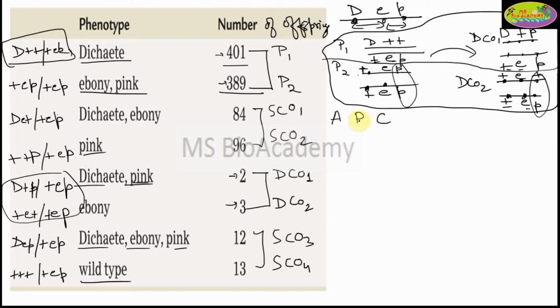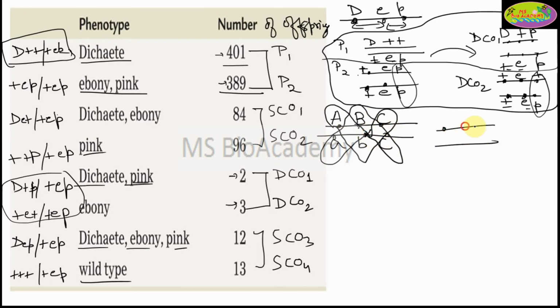And whosoever position changes, I have told you how it happens in double crossover. If these are three genes, let's suppose A, B and C, then in double crossover the position of your gene is changed like this. So the final result you get is A, B and capital C, and here it will be small a, capital B, small c, which means the middle gene position will always be changed in the double crossover, right? So this combination will be formed, A B C, and this combination will be formed, A B C. So the middle gene will be changed.